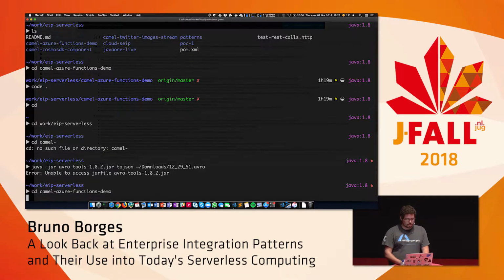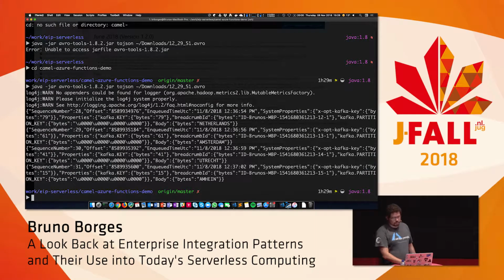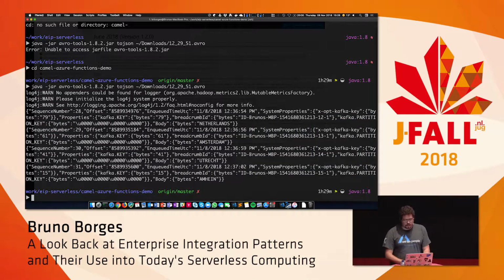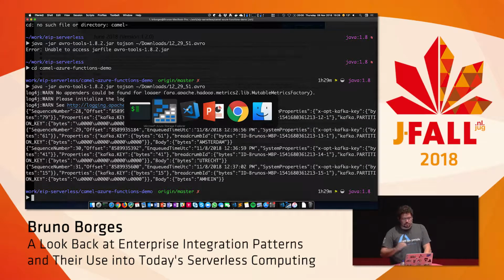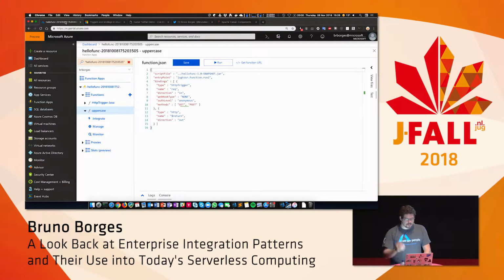This was the message that was sent at the time, and the input that I used was Netherlands, Amsterdam, Utrecht, and Amhai. But this was what I got at that time, and these were payloads that were sent by Apache Camel to Kafka. And Kafka is running also as a service on Azure.